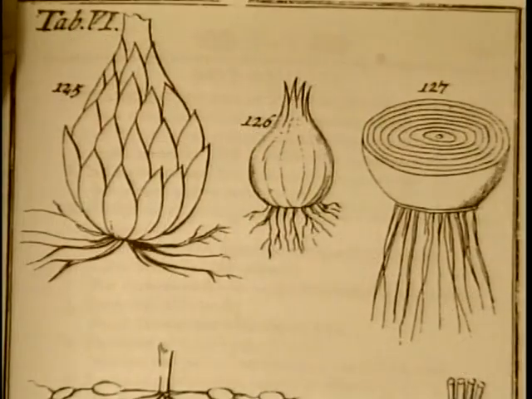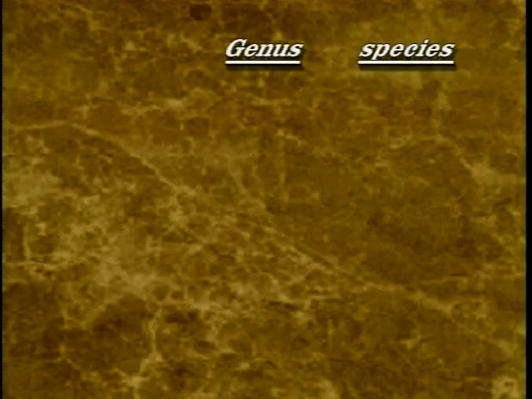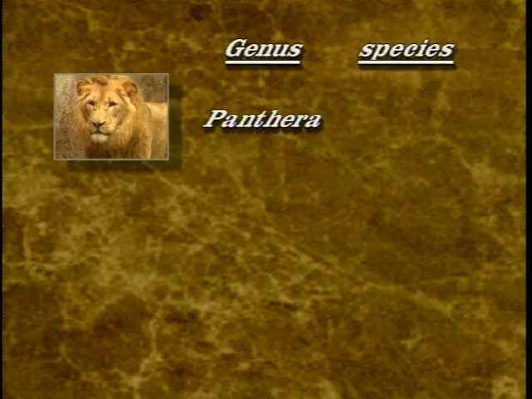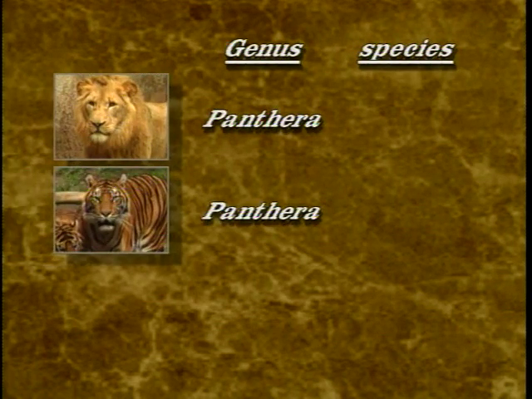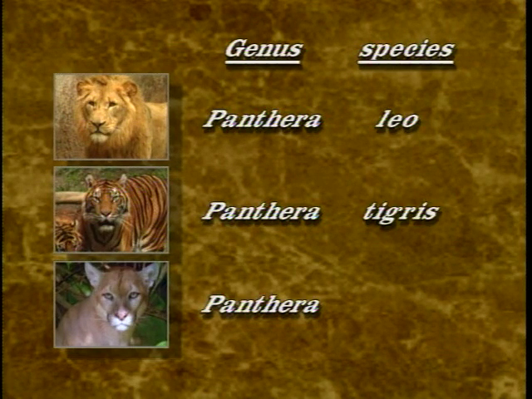Part of this system was the existence of a binomial naming system, consisting of two names called genus and species. The genus name is the first one, and you can think of that as being a family name, perhaps like the name Smith. The second name is the species name, and you might think of that as being, say, a given person's name. So there are lots of species within a genus, just as there are lots of Smiths. There's not only Sally Smith, there's Joan Smith and Sam Smith and so forth.